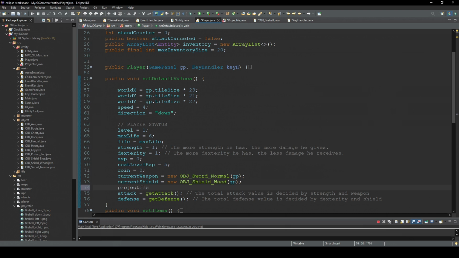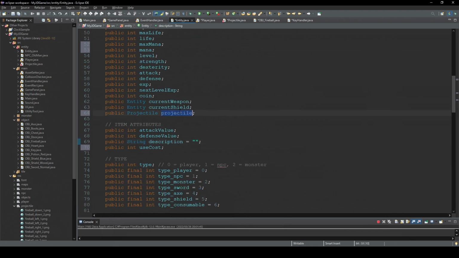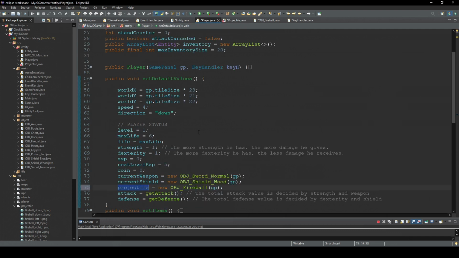Projectile equal new obj fireball, gp. So this projectile is this one we created in this entity. So this means the player character has this fireball skill at the beginning of the game, in this case. Alright, then